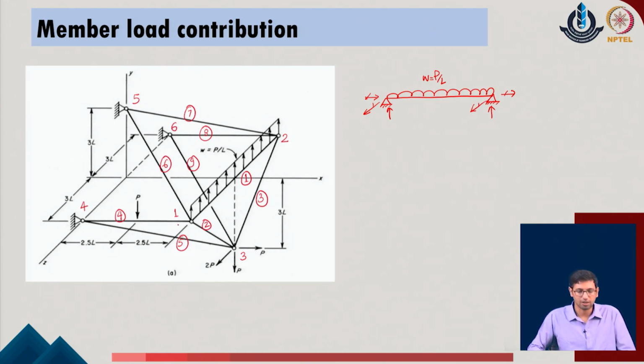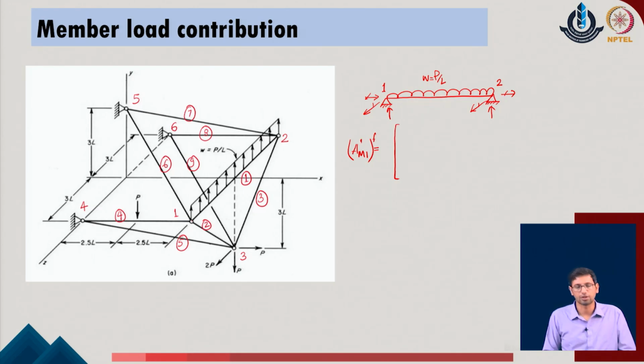With this idea in mind, we can understand now that in the given system we have member 1, which is connected with two nodes, node 1 and node 2, and at both of the nodes, if I define for member 1 AM1 with respect to the fixed end forces, I can first evaluate the fixed end reactions in the local member coordinates. As this is connected to the degrees of freedom 1 to 6, I locate it as 1, 2, 3, 4, 5 and 6 in the given problem.